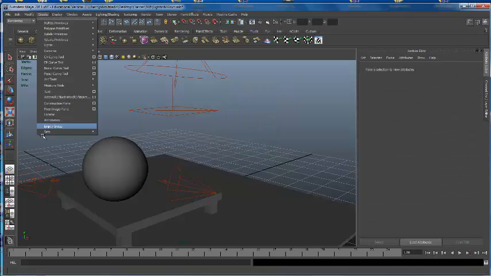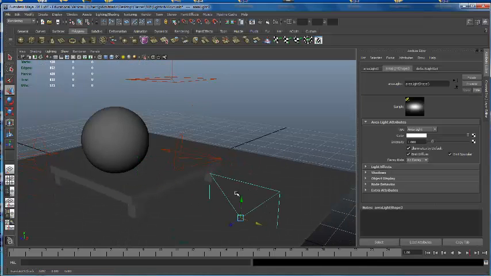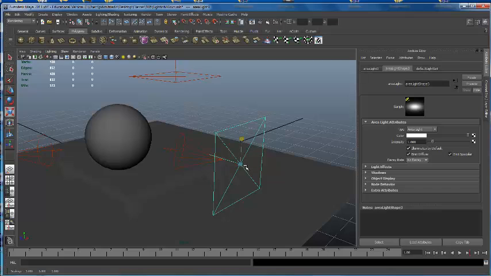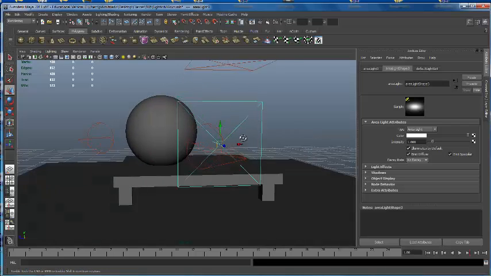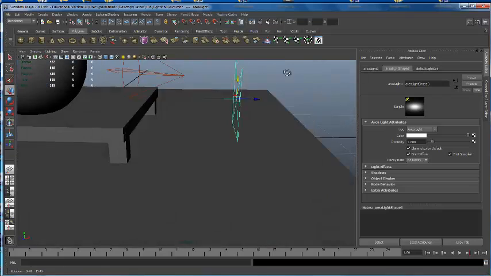Let me go over here and create, and let's go to area light here. Okay, let's bring a new one over. Go ahead and turn it in here. That's weird. It's not scaling. It's only scaling. Maybe that's something they changed. Huh. I'm going to have to look into that, because in the other version of Maya that I have, I've